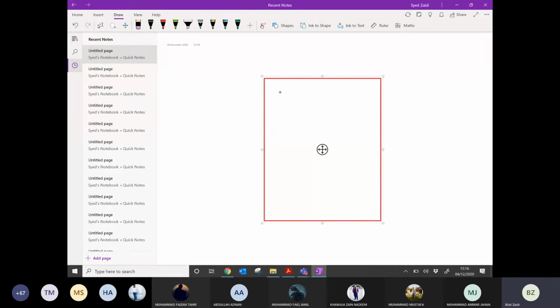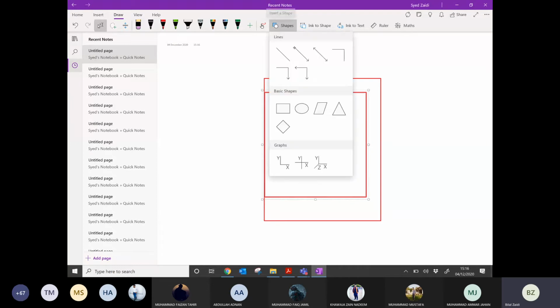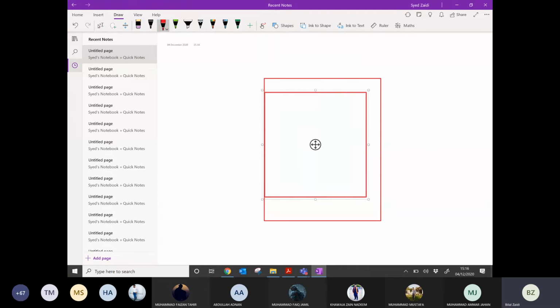For example, most of the authorities restrict you from constructing on the full plot. They say, okay, you can construct on 75% of the area, and you have to leave 3 sides open. I am just drawing here. What does it mean?